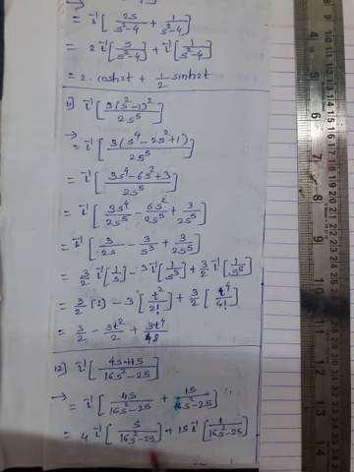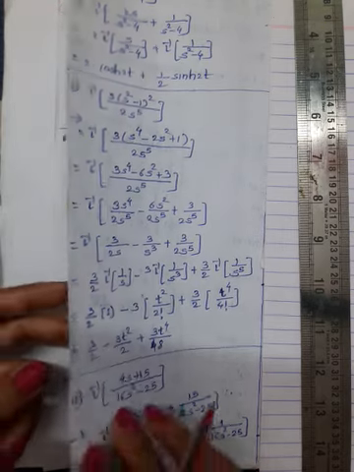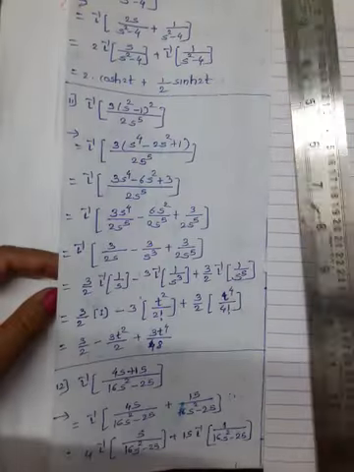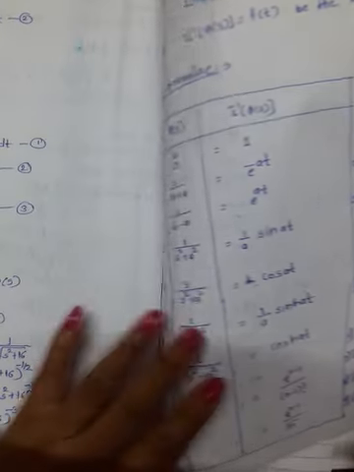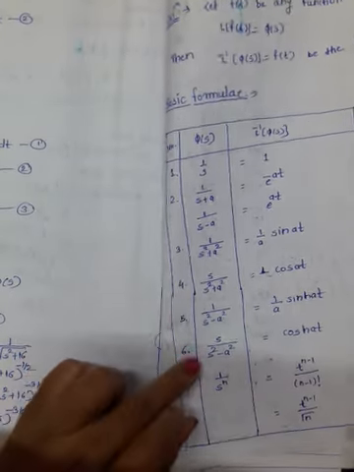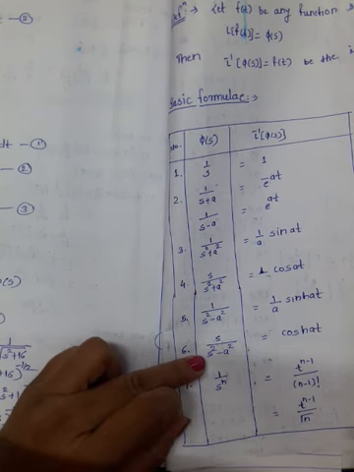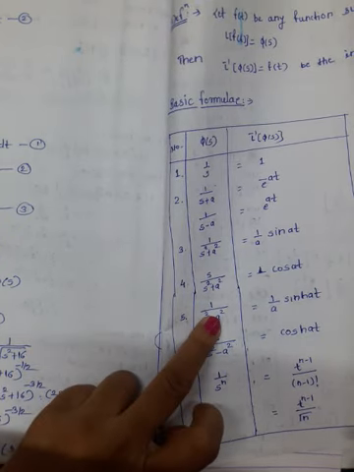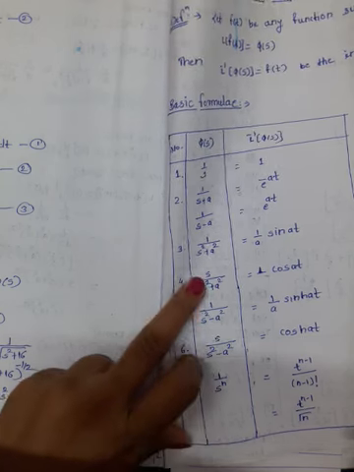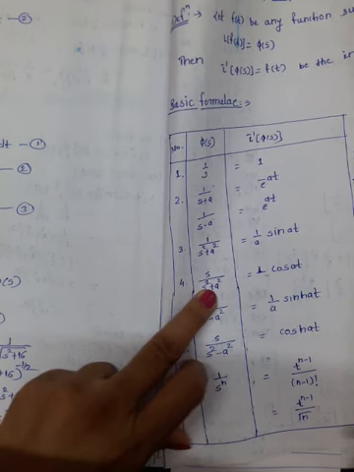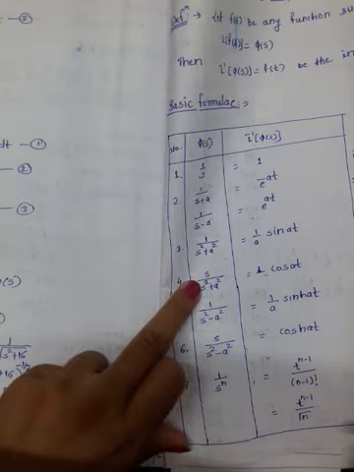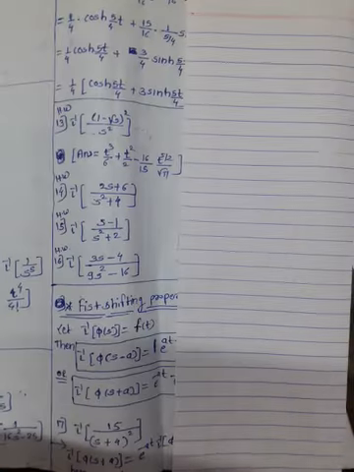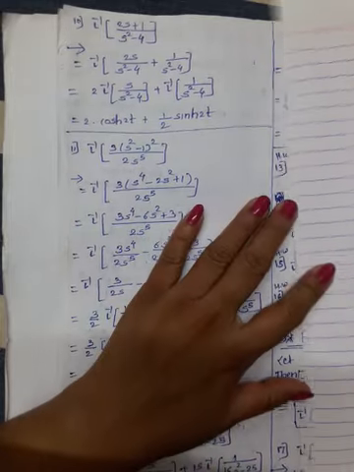Now if you observe these two, of course this is a cos hyperbolic and this is a sine hyperbolic, but whenever the denominator contains s square, in every formula of the inverse Laplace transform the coefficient of s square must be 1. Then only we can calculate the inverse. The constant a square can be anything, whether it is an integer, a perfect square or a fraction, but the s square coefficient must be 1 to calculate the inverse. Therefore in this example